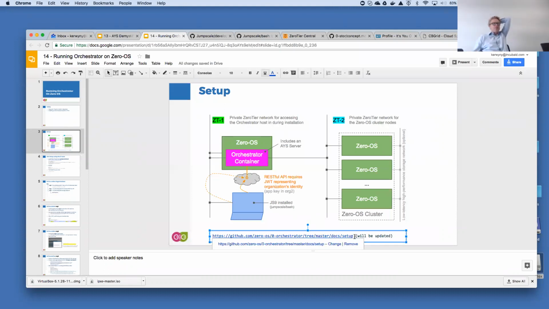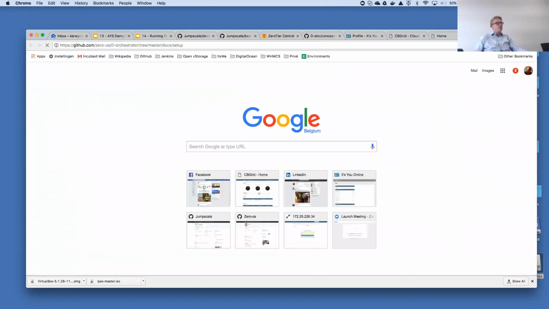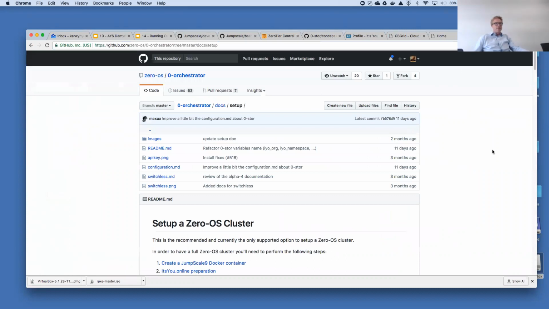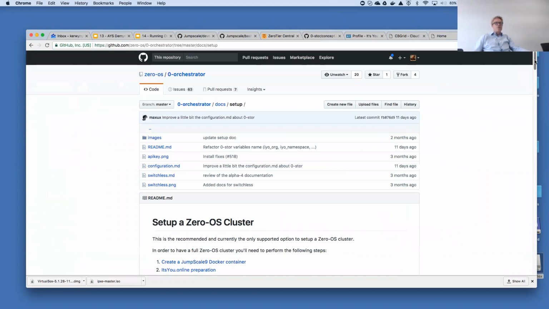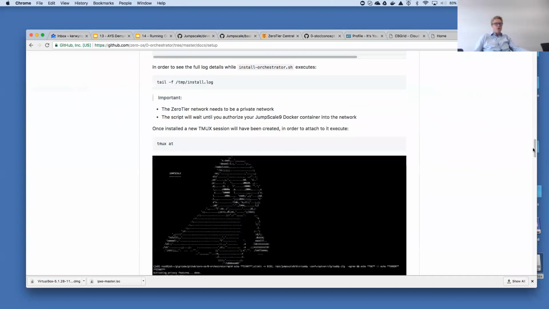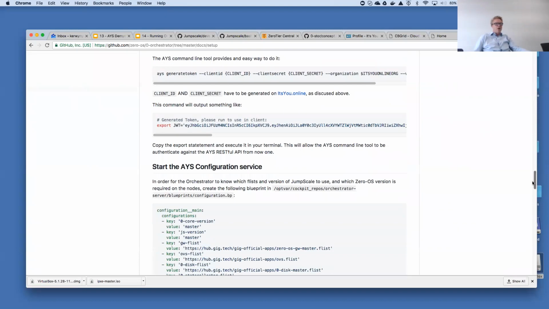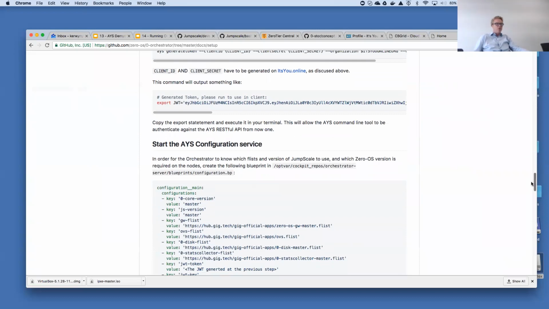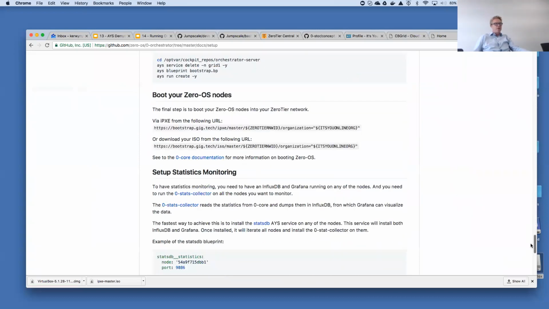This also means that the existing setup documentation, let me copy this link, is still there, but needs to be updated by myself. This is something that I will do tomorrow. So I will update this documentation based on what we will be covering today.